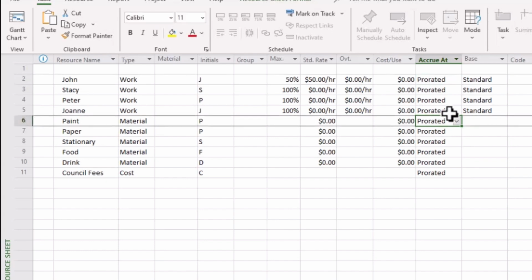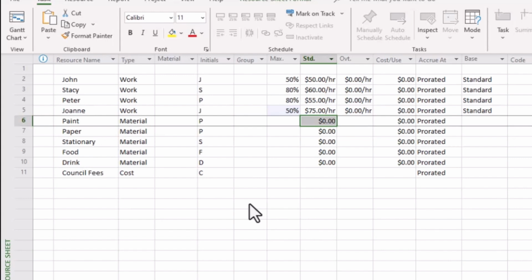Once again, Microsoft Project is giving a number of options and flexibility to suit whatever work needs are applicable for this project. So I'm going to go through and start to populate all of the human resources as required for this project. Now we move on to the materials and starting to apply the costs associated with these.